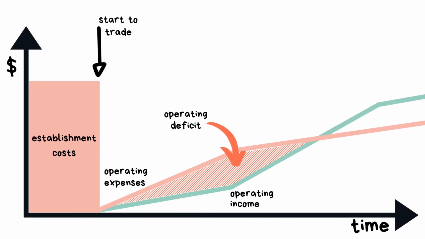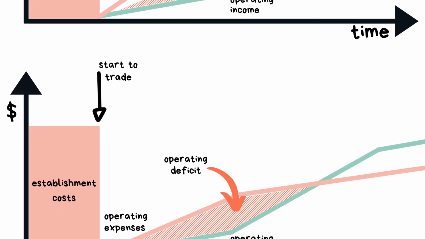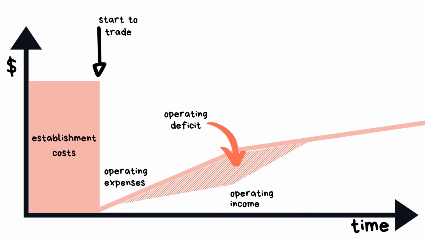Now, let's imagine what happens if we underestimate operating expenses, if expenses are actually higher. As you can see, there is not enough startup money and the social enterprise runs the risk of going broke. Similarly, if we are too optimistic about how much income a social enterprise will earn, or how long it will take to get to that level of revenue, the social enterprise runs the risk of going broke because the startup funding that was based on their estimated operating deficit will be inadequate to cover costs.